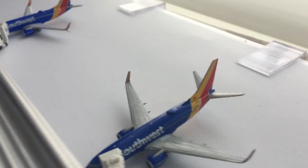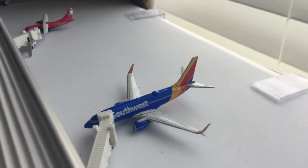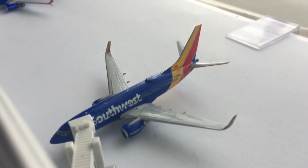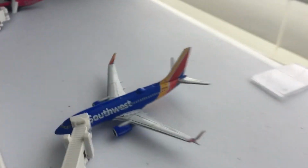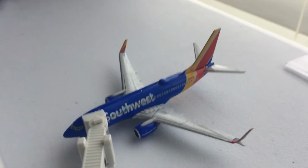And then on this side, we've got our two 737-700s in the Heart livery, one with the blended winglets, and then one with the Scimitars by Panda Models. I'll start with the blended winglets. This is still the Gemini version. This one will be going to Nashville, and the Scimitars version by Panda Models will be going to